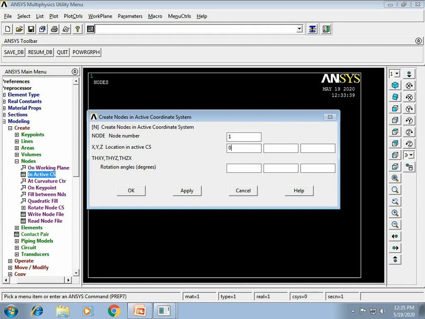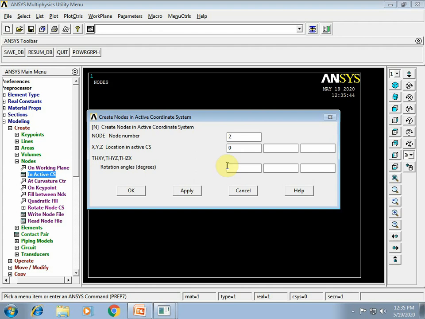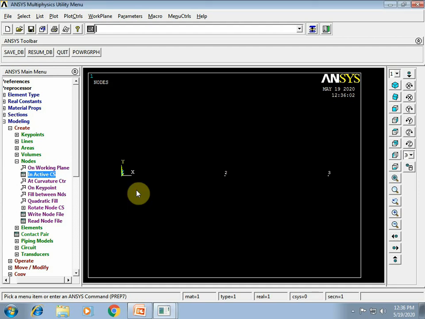So point A is at the origin, say apply. Node number 2 is at 2 meter, say apply. Node number 3 is at 4 meter. When you are creating the last node, you click on OK. If you click on apply and later click on OK, a duplicate node will be created. Say OK now. So 3 nodes are created here.